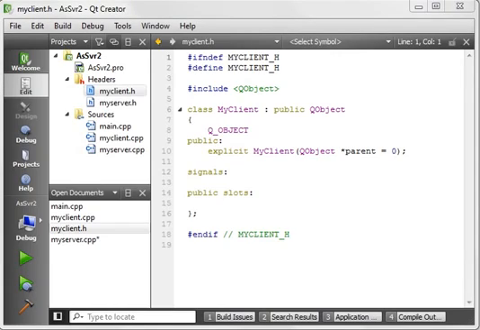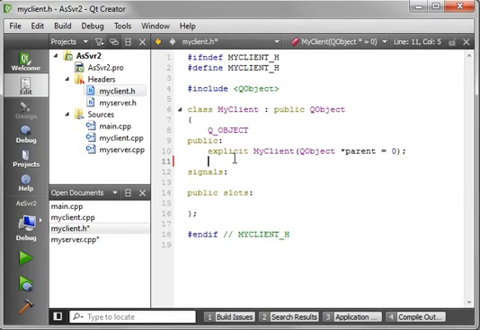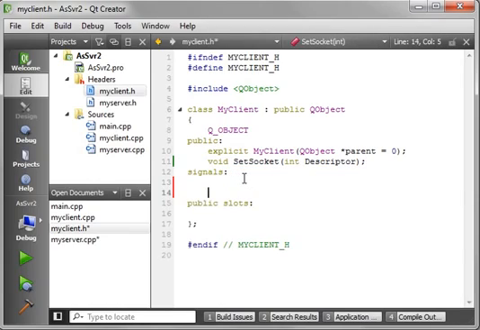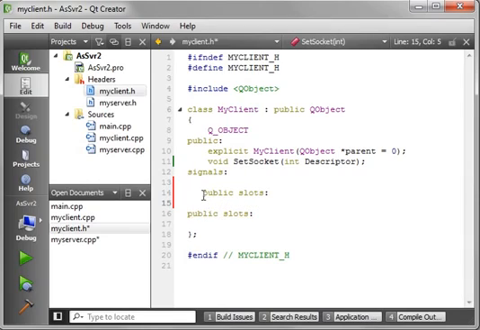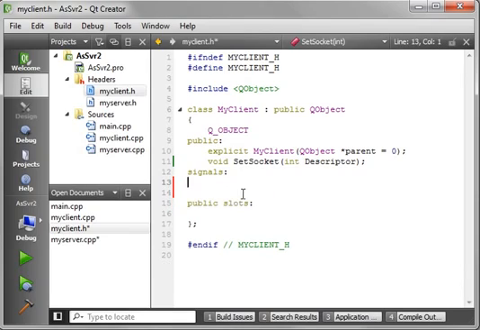Alright, so I'm going to make a simple function called void set socket. I'm just going to say int descriptor, and then we need our public slots. Oops, we already had public slots. That was a waste of time. Sorry about that. And I'm going to make a few slots here, and I'm just going to copy and paste